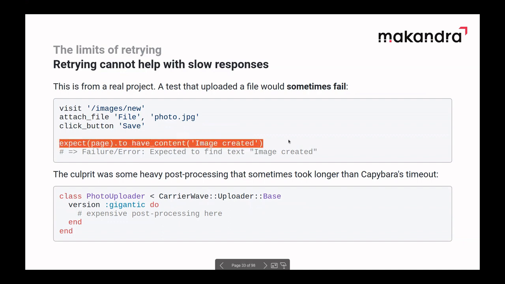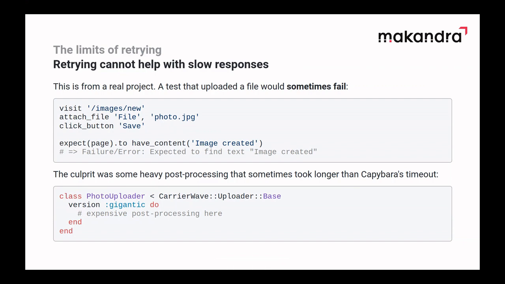I had this expectation here that the image was uploaded successfully, and sometimes I would not get this text. And the reason why it sometimes did not get this text is that there was some very heavy post-processing on the backend. So whenever we uploaded a photo, we would synchronously create a very large version of it using a carrier wave uploader. And sometimes this took more than the 2 or 3 seconds that were configured for Capybara to wait.